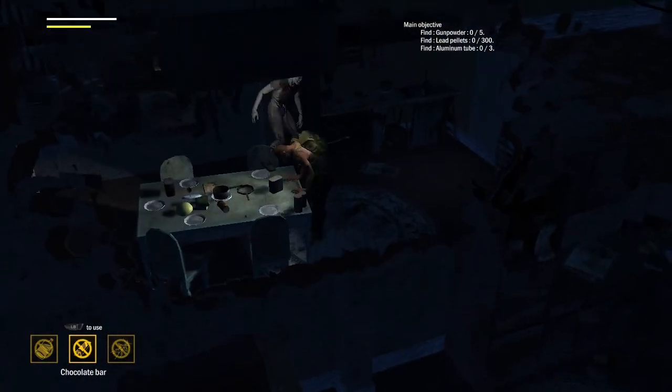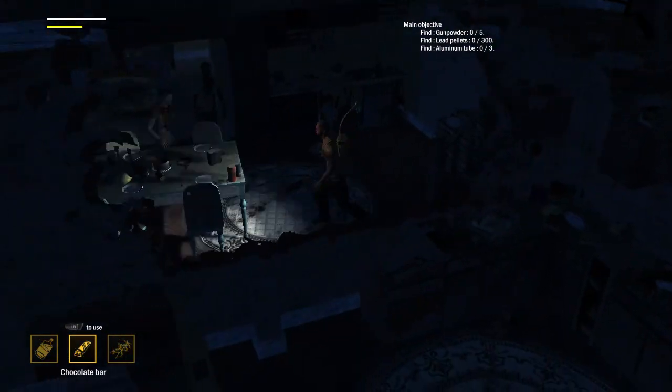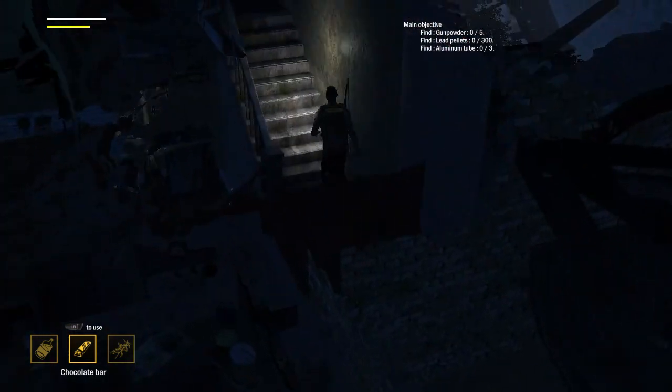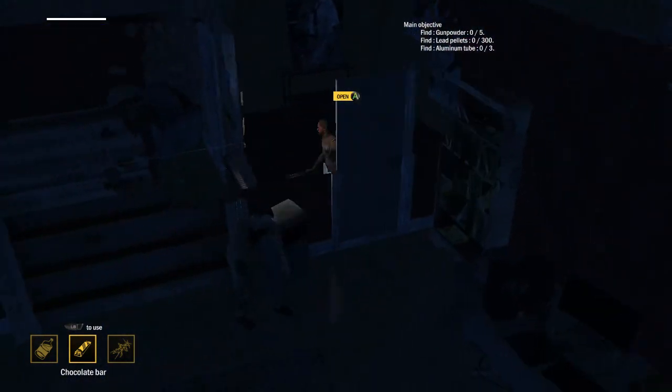Nice, this zombie's on the table. No manners at all. I'm gonna teach him a lesson. Ooh, okay, let's get out of here. Oh, man. Okay, yeah, I'm feeling... See, this is what I'm saying. Like, you feel kind of swarmed. Alright, so let's just go over here. Is this room...